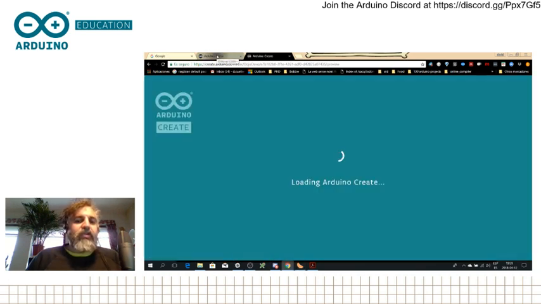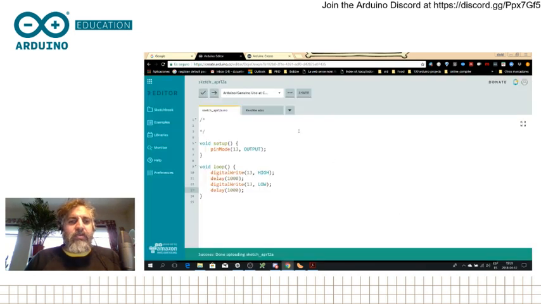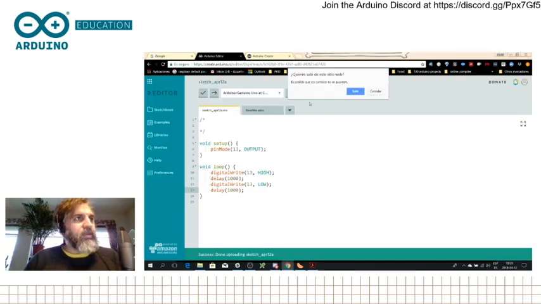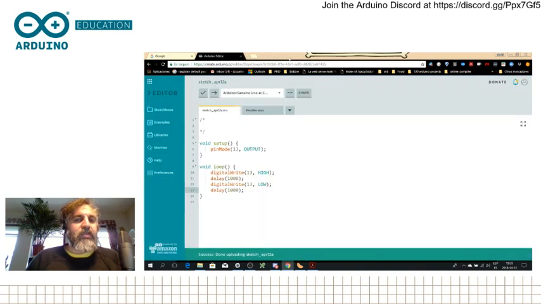You see, it's going to check that I'm a registered user, and probably it's going to open the same thing I'm opening. Something that is really cool is that I could say, okay, this worked great, but what if I plug a different board? Well, I'll just close this one because it's taking some time, because I guess many of you are checking this out right now. So what if I take my